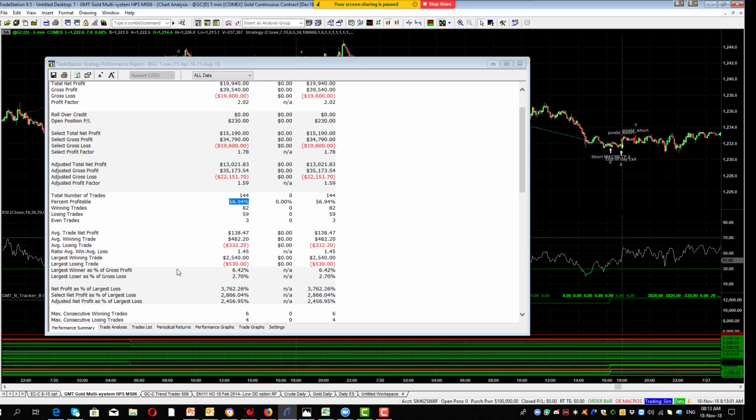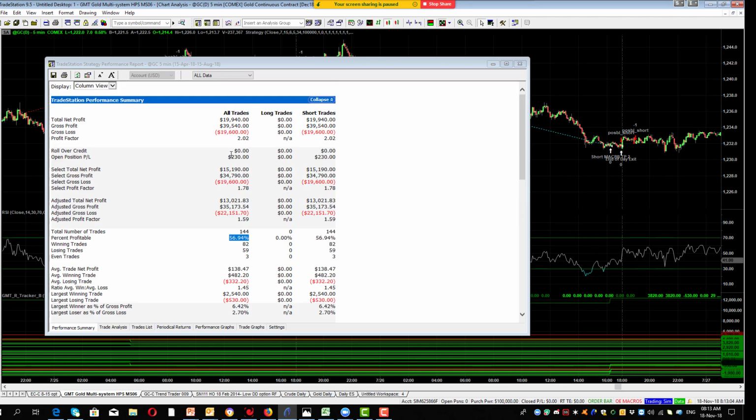The other thing is too, making sure that your average trade net profit maintains its level as long as possible. The win rate I'm not too concerned about. Some people are fixated on making sure that their win rate's at a certain percentage, so it might be 75 or higher. It doesn't really worry me, but I know what my threshold is as well. So anyone who's trading will have a win rate threshold. You've got to find out what that is for you. So it may be that you need to have a win rate of, say, 50% or better, or maybe 70 or 80 or whatever that is.